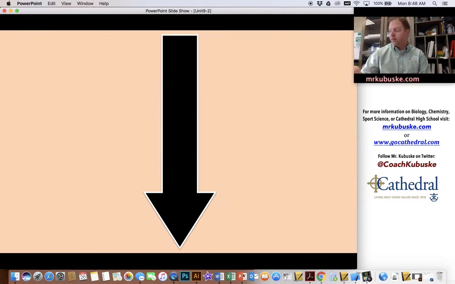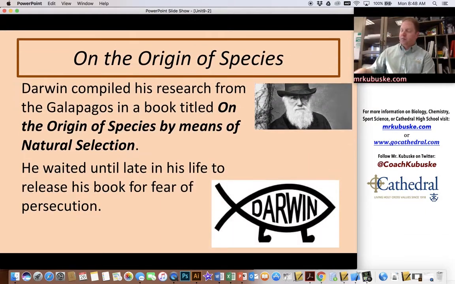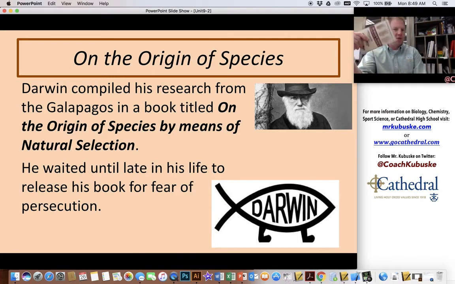So that's Darwin's theory. He puts it all into this book called On the Origin of Species by Means of Natural Selection, which you can still go pick up at your local bookstore or read out of your library. I have a nice hardbound edition at home, but you can even get it in paperback. Look at this bad boy. It's an interesting read. It's a harder read just because of the language that he uses. Not necessarily super scientific, but just old English, but that's here or there.